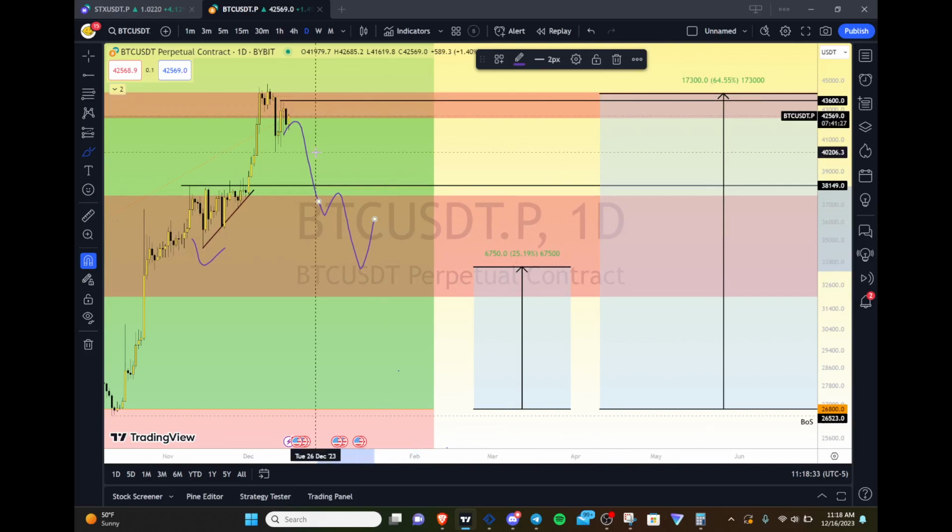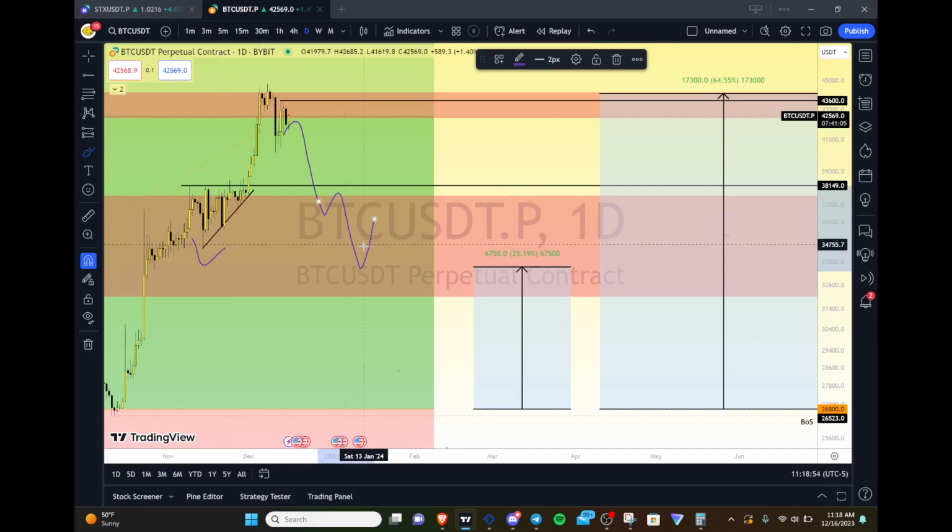Right, so as that happens, this is where I would be looking through. Okay, we need to close out fully, and if any other cryptos are doing the same thing where they're taking out protected lows, that's when the uptrend is likely over. So it's all about just staying consistent and not allowing outside influence to make decisions for you. That's kind of what I'm trying to get through to you.